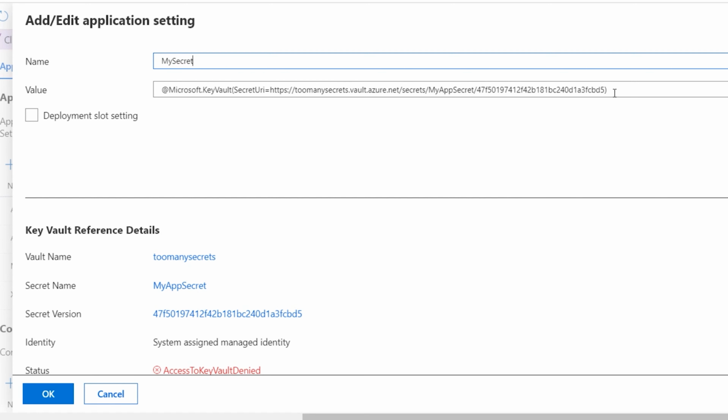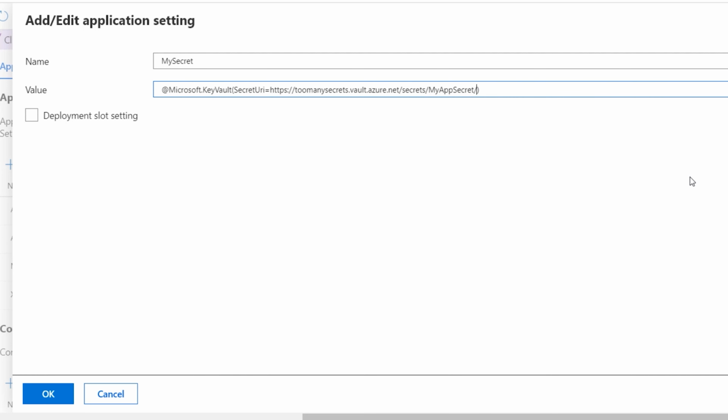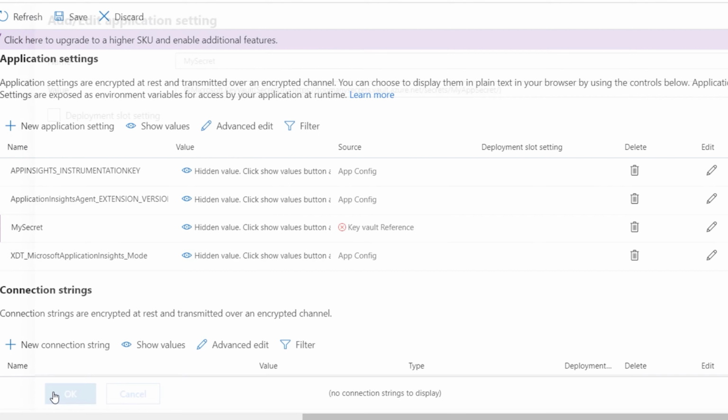And now what I'm going to do here, just to cause this to do a proper save, is I'm going to remove the version, but I'm going to keep the slash there. That's very important. Without the slash, you will always get a 404. But now, by making that change and hitting OK and making it refetch, when I hit save,